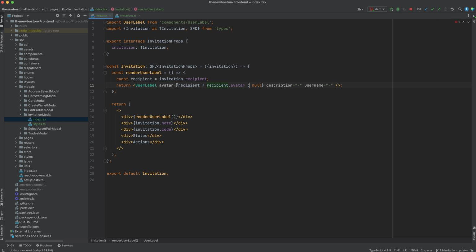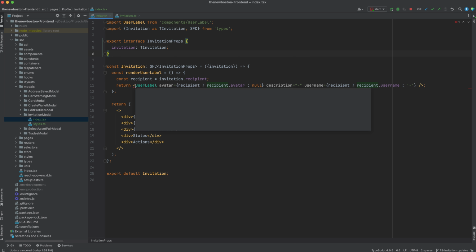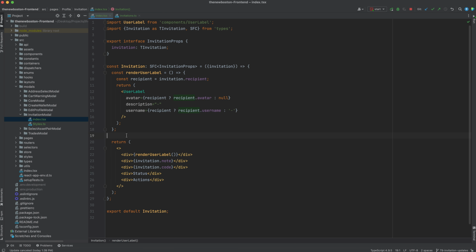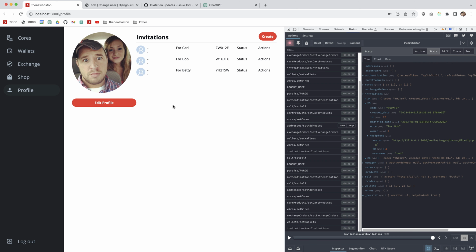And I want to do the same thing with the username, but with a hyphen instead. So recipient.username, otherwise the default for this is just a hyphen. Now let me pretty this up and we'll see what we got going on here. Okay, so Bob accepted, so that is why we are seeing his username,